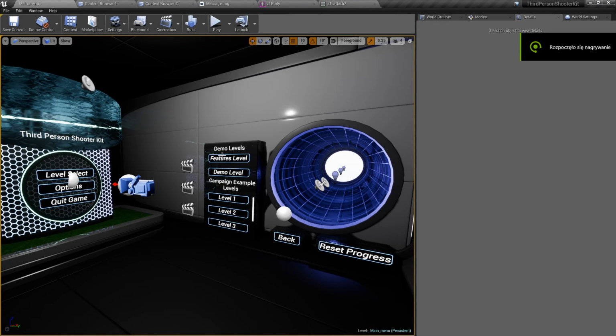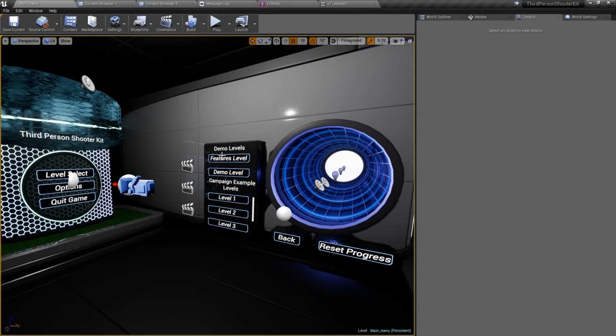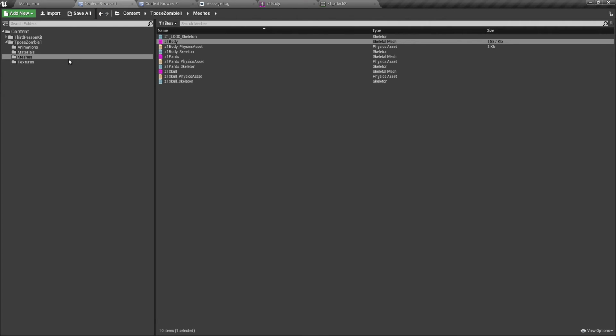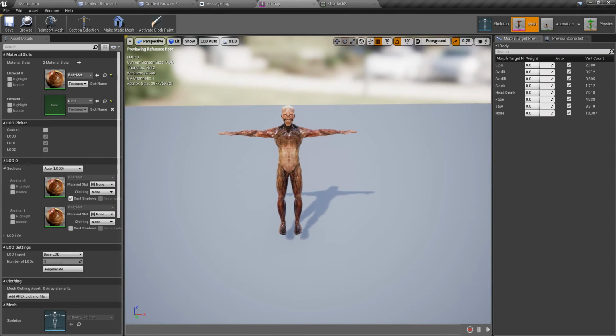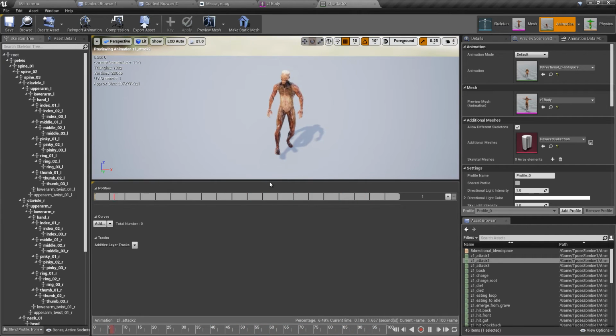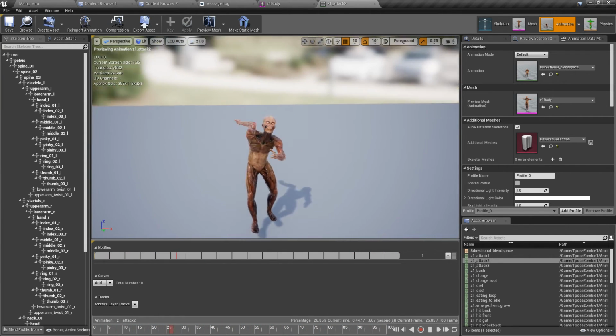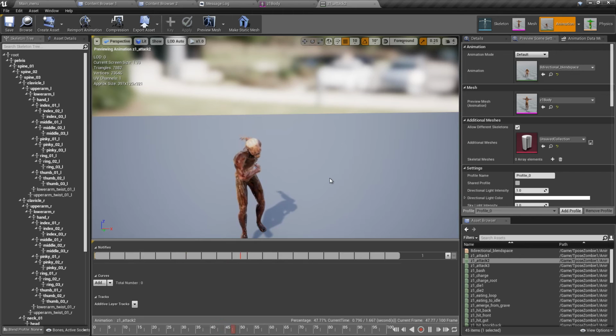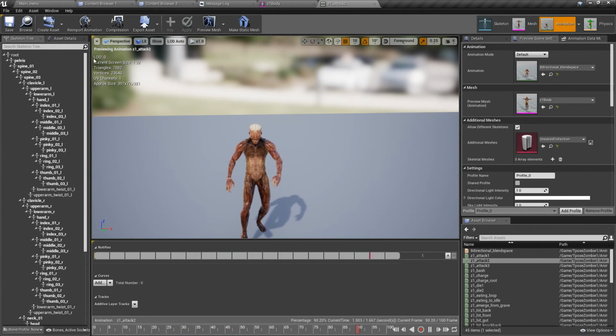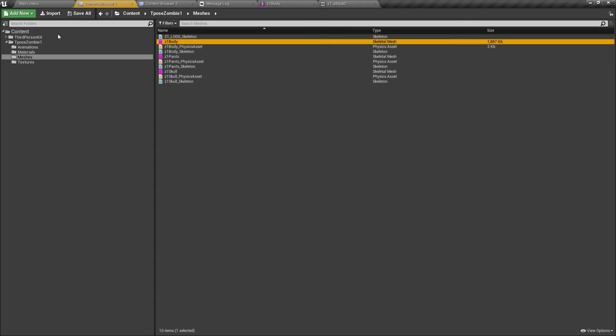Hello, in this video I'm going to show you how to make a zombie enemy in the third-person shooter kit, basing on some assets from the marketplace which I got. That's this guy. He will use a melee attack like this one and approach the player. So let's get started. First, what we need to do is re-import